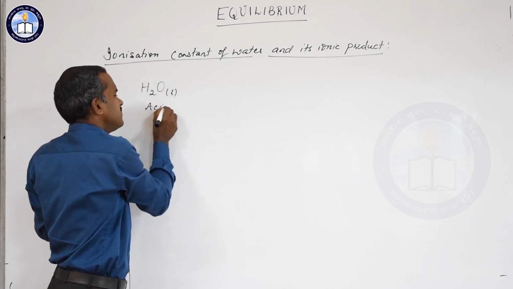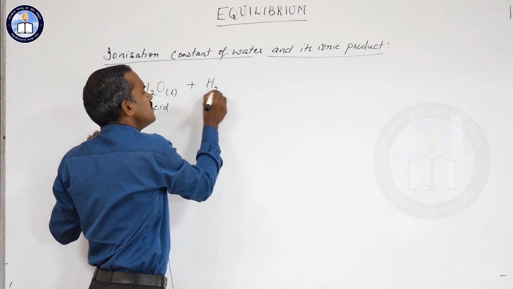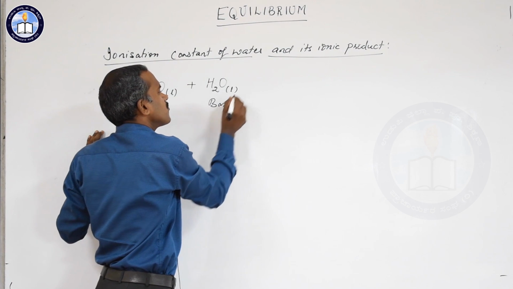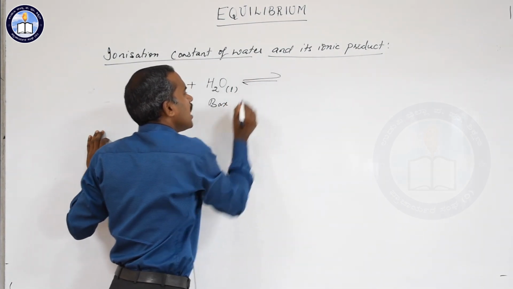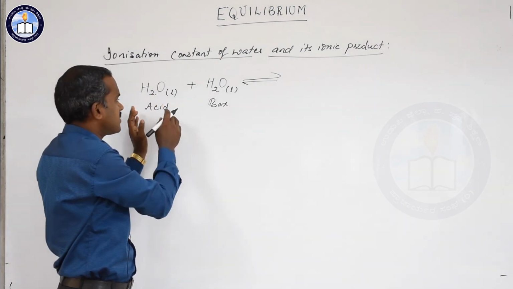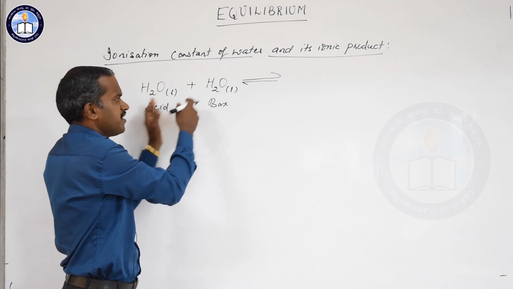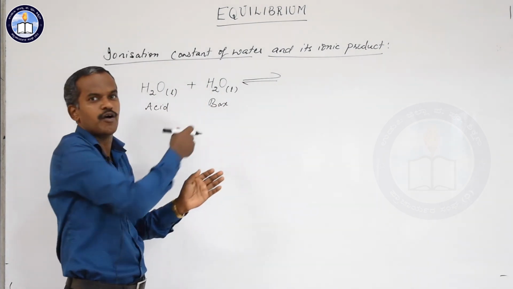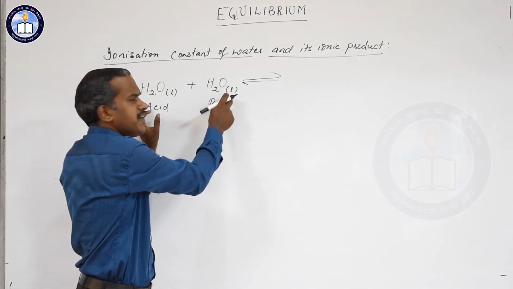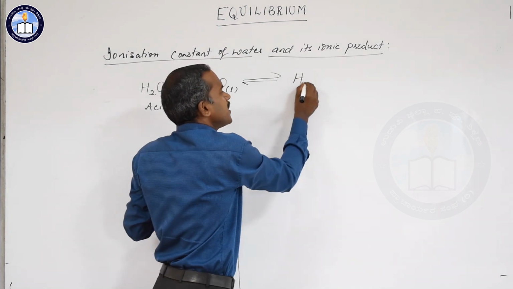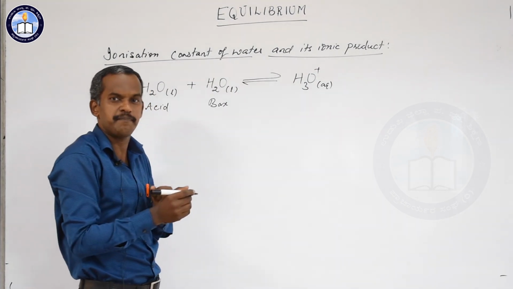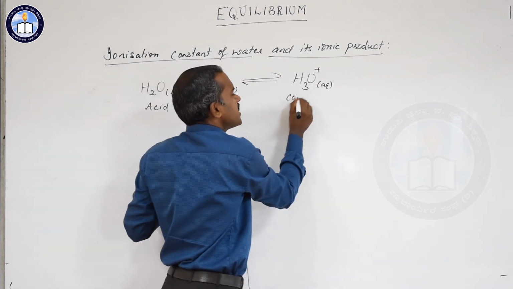It acts as an acid. It is mixed with the water in the liquid form, which acts as a base. Now there is an equilibrium after ionization of this water. Usually for an acid we will write a conjugate base, and for a base we will write a conjugate acid, which you already studied. So the base accepts a proton and becomes H3O plus in the aqueous form. Since it has accepted a proton, it is a conjugate acid.